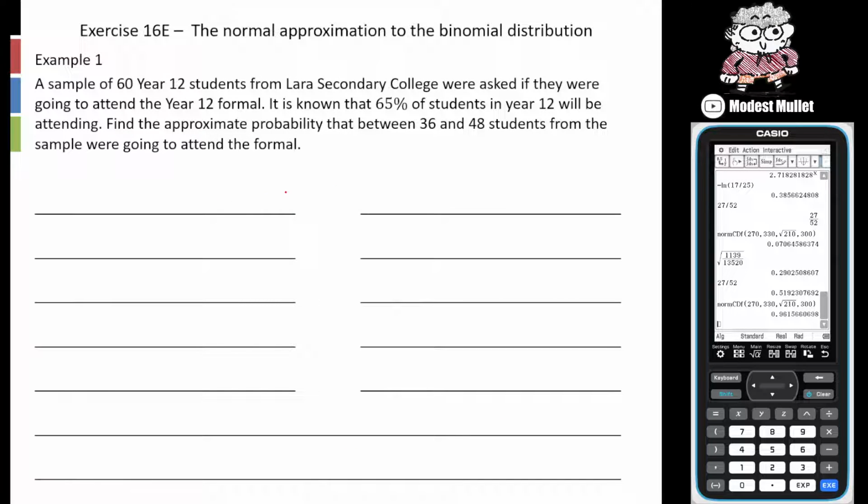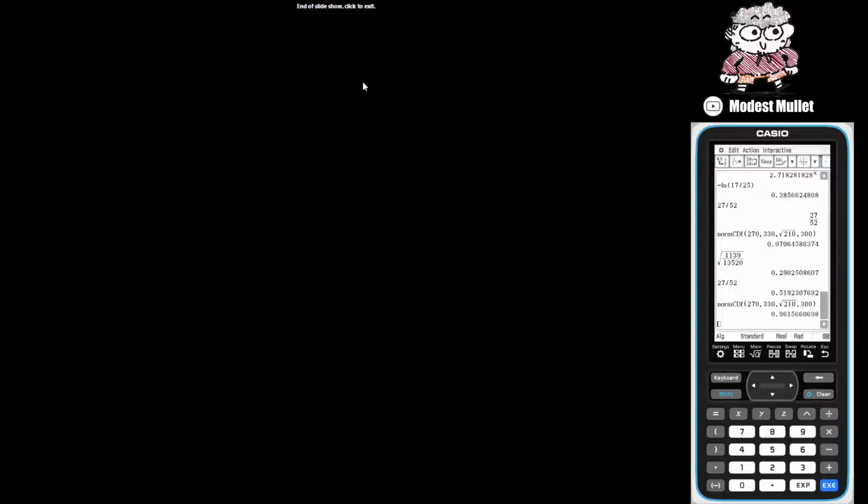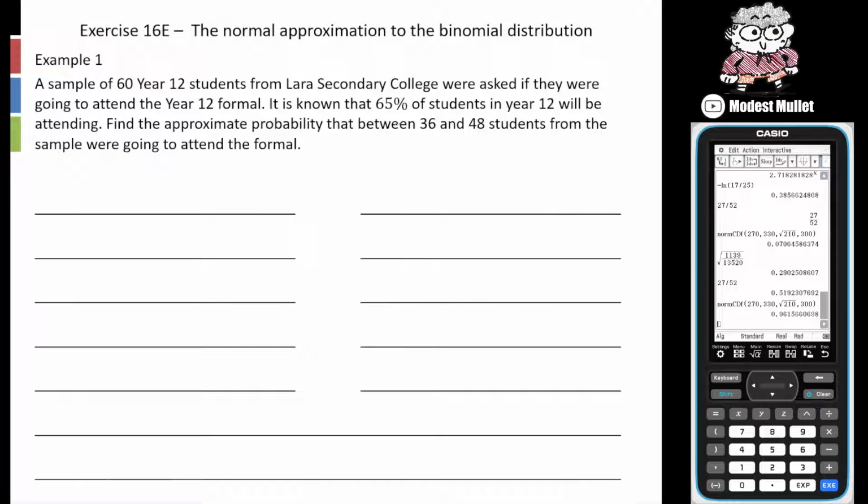So let's do one more quick example and we'll leave it there. A sample of 60 Year 12 students from Lara Secondary College were asked if they were going to attend the Year 12 formal. It is known 65% of the students in Year 12 will be attending. Find the approximate probability that between 36 and 48 of the students from the sample were going to attend the formal. And let's say that it's 65% of the Year 12s